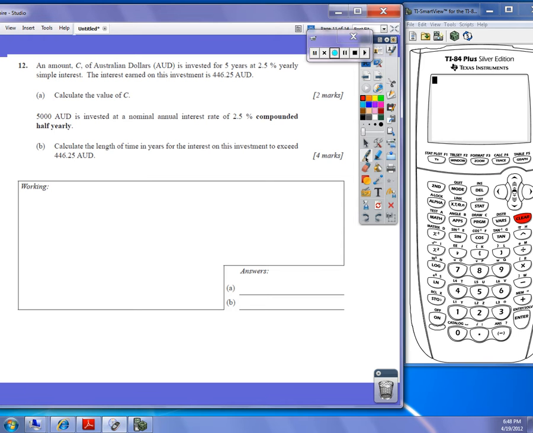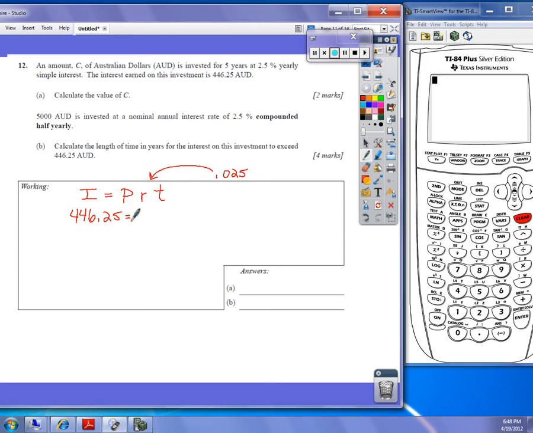So in part A, we have a problem with simple interest and we're asked to calculate the value of C. So straight from the formula sheet, we know that interest is equal to the principal times the rate times time. And remember, in Algebra 2, we put rate in as a decimal, 0.025, or using the formula on your formula sheet, you would write